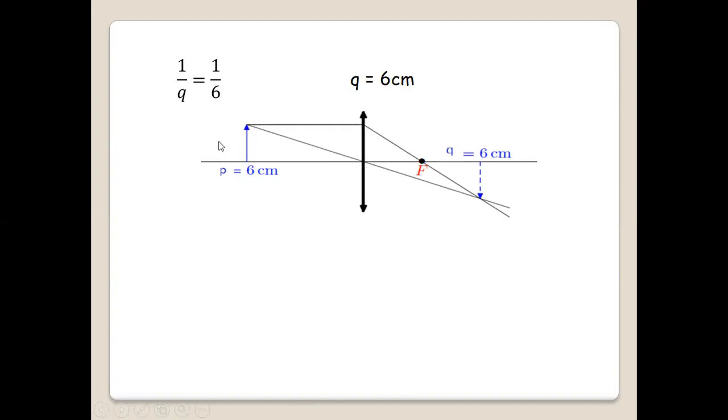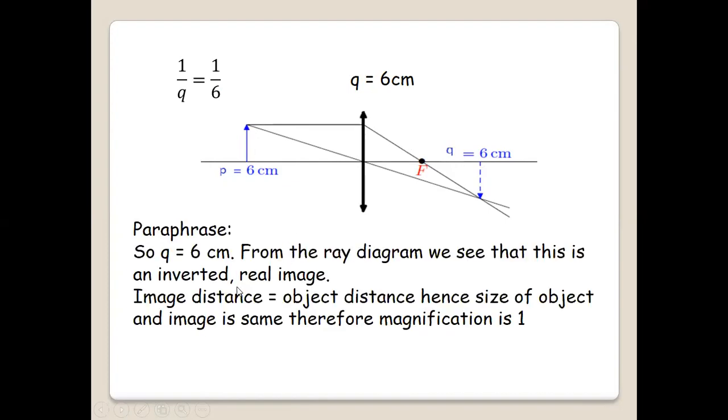If you draw the proper scale ray diagram, the ray passing through the optical center passes unrefracted, and the ray that is parallel to the principal axis, after passing through the focus, is refracted, and it meets at this point. Now at this point where the two rays meet, your image forms, and you can verify this result by this scale drawing. The distance from the optical center to this should be equal to 6 centimeter. You can draw and verify.